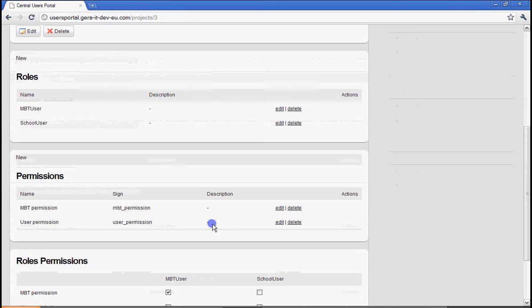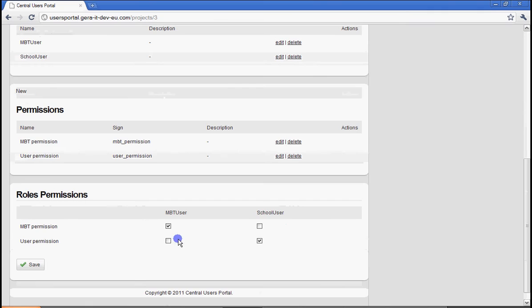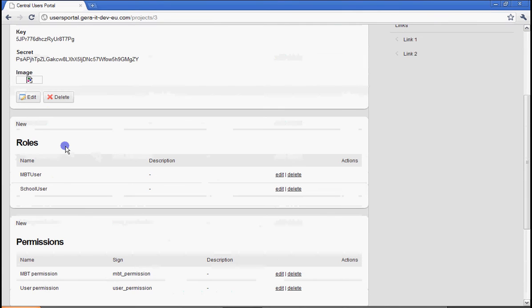What does it mean indeed? So you know that there are users, there are applications, and we should assign a certain role or permissions for that user to this application, for example. So in order to be able to select one or several roles to be assigned to that user for this application, first we should create these roles and these permissions, and also make the corresponding assignments between the permissions and the roles, so that for example, you can see that we can